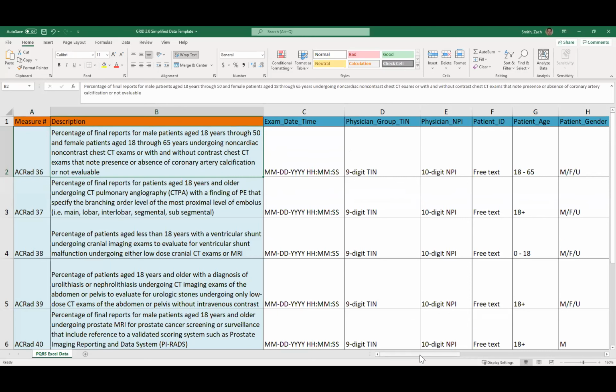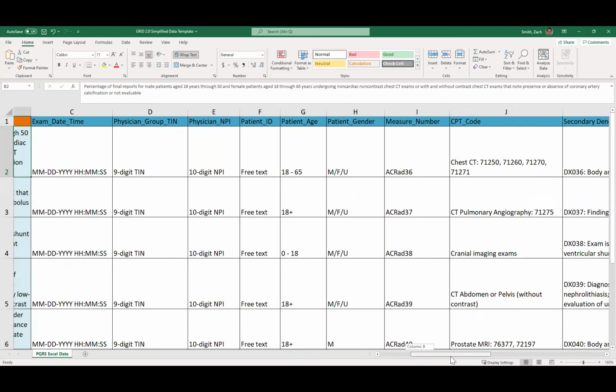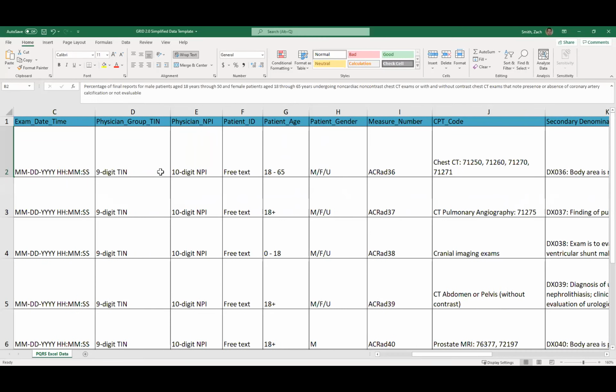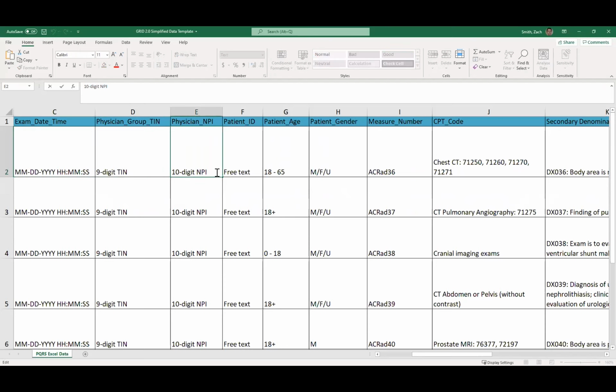But the actual data that's going to be populated in this template is almost identical to what's used for MIPS measures. We've got exam date and time, physician name, physician NPI, the patient ID, the acceptable age range for the measure, the gender, and then you give the measure number,